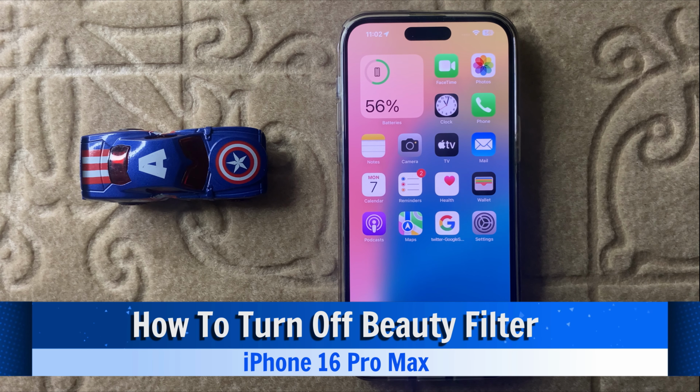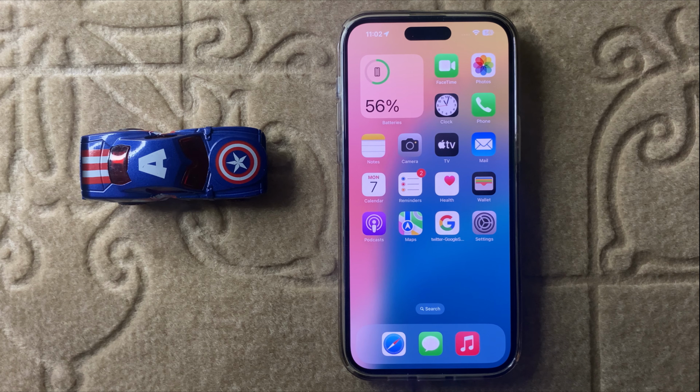Hello everyone, today in this video I will show you how to turn off beauty filter in iPhone 16 Pro